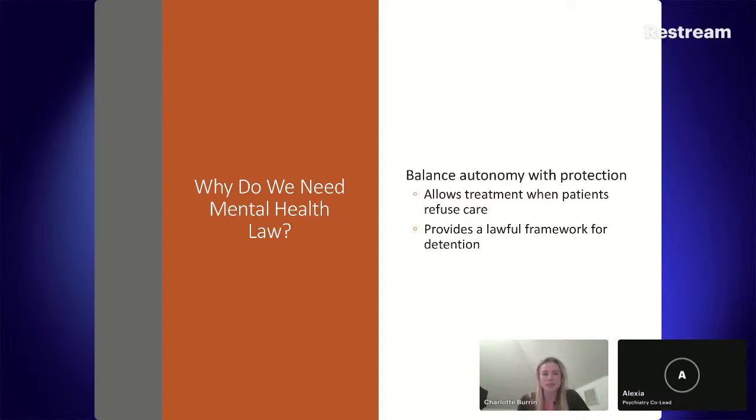So it's a bit about balancing autonomy with protection of rights, making sure that the necessary treatment for patients can be provided legally, ethically and safely, but at the same time safeguarding patients' rights and also public interest. So it gives us a legal framework to treat people when they don't have consent to be treated, or when we deem them to need treatment in their best interests, but also holds professionals and institutions to accountability. So making sure that the duties and powers of psychiatrists and hospitals are quite clearly set out, but also providing legal protection when doctors are acting in good faith.